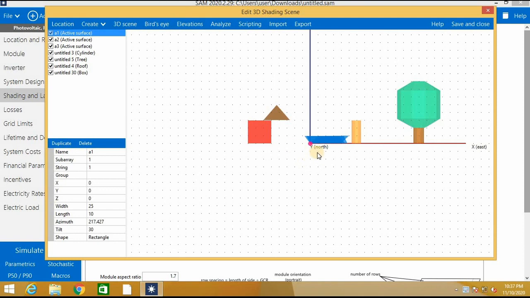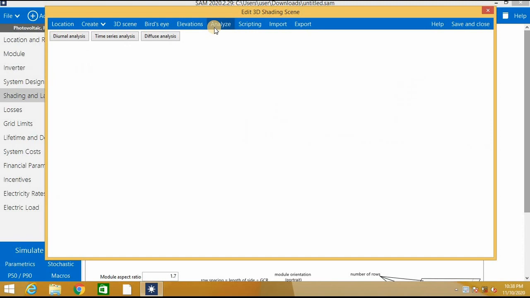Elevation is not required. That means elevation is with respect to the x-axis, it is telling. Everything is put on the ground, so we need not go for the elevations. Then we'll go for the analysis. So click on analyze, and here this is what